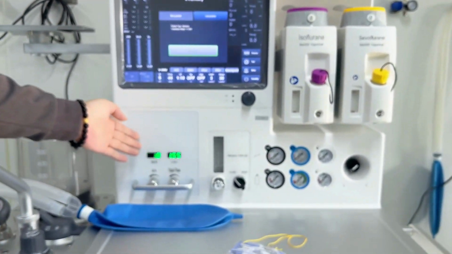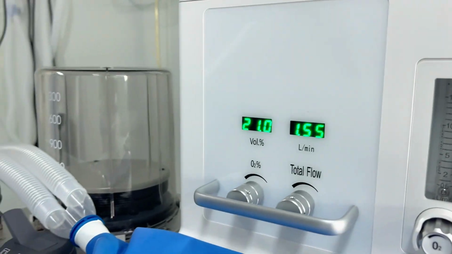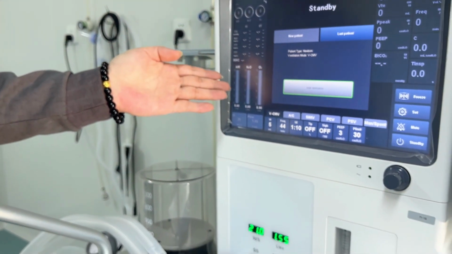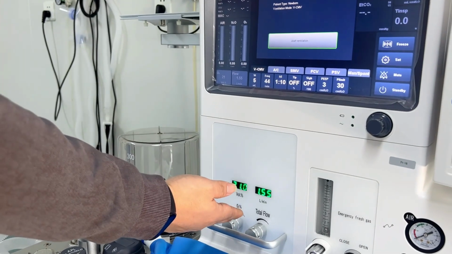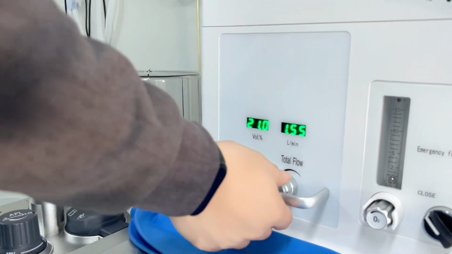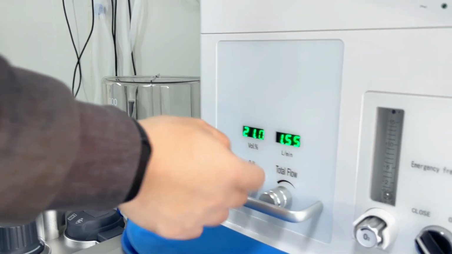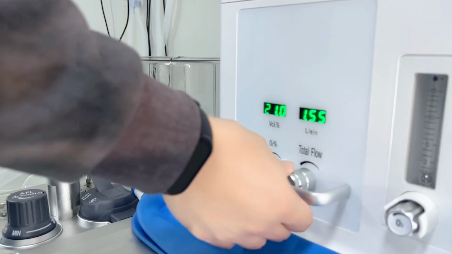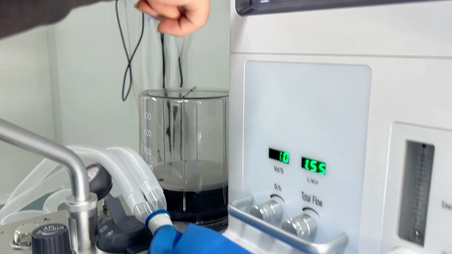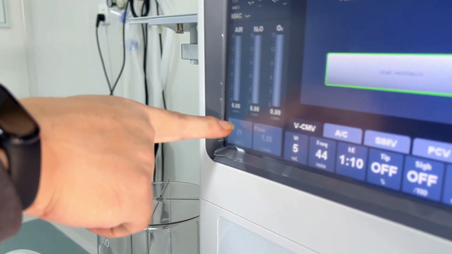Here will be the flow meters. As I mentioned, on the screen side we already have the electronic flow meters, but here we also have them. So for this one, you can control it very easily. We can see here is also oxygen and total flow. So that means we can rotate the buttons here for setting, and we can also choose in the software here to show it. It's the same, oxygen flow,